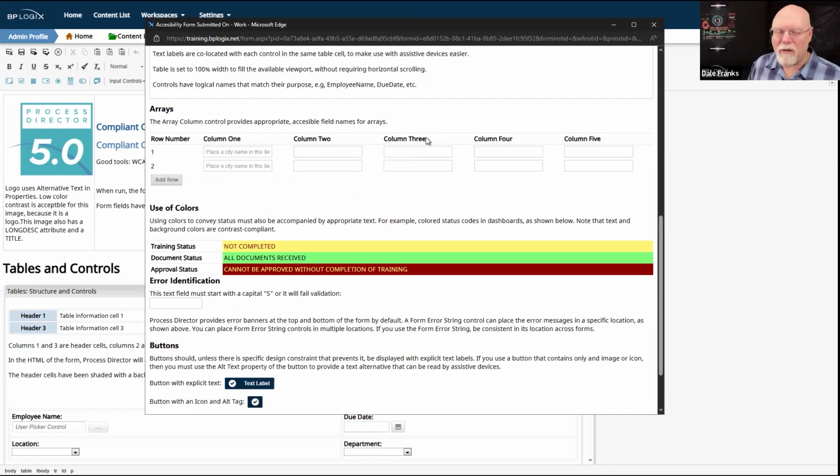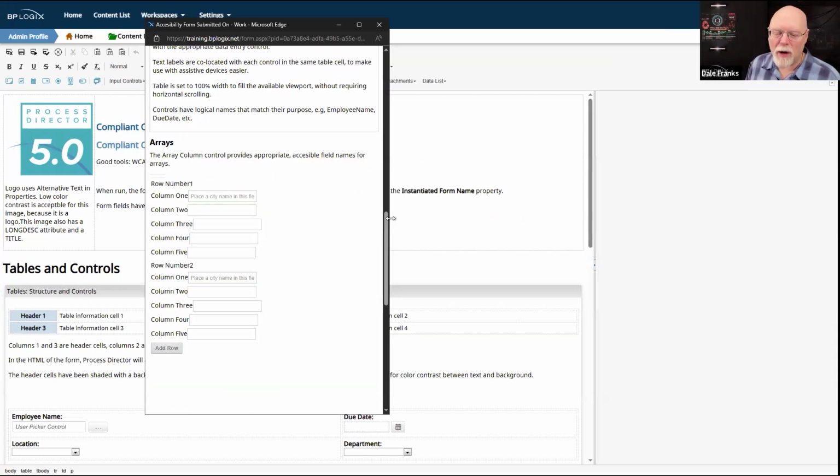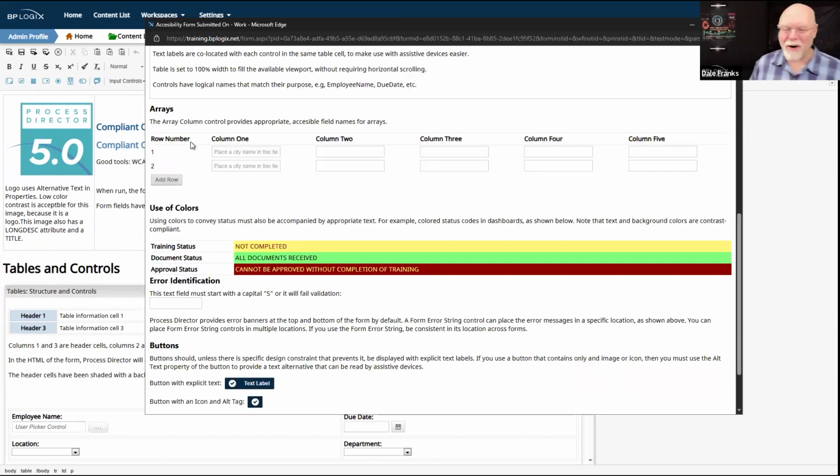So these are special little label controls that we've built for you in Process Director, and we have them set up so that whenever they refactor, those array column controls just get associated with the appropriate control. By the way, for this to work, it is super important that your array be in a table so that we know what columns to associate with what text control.